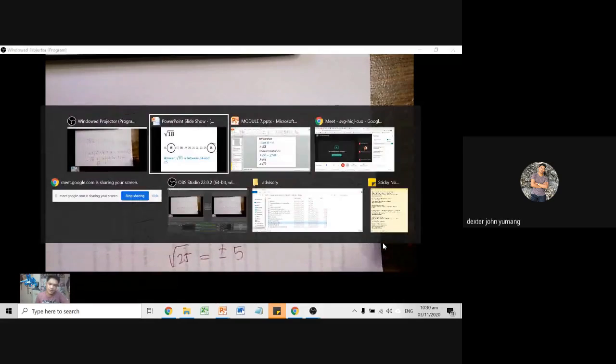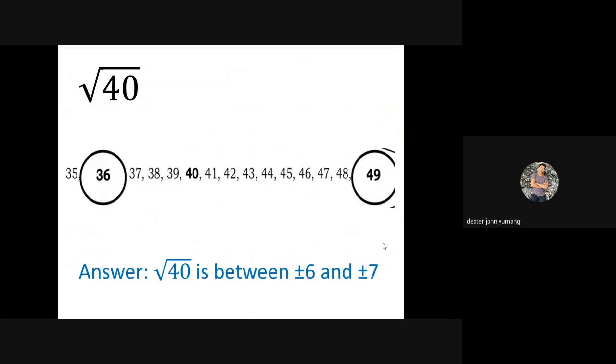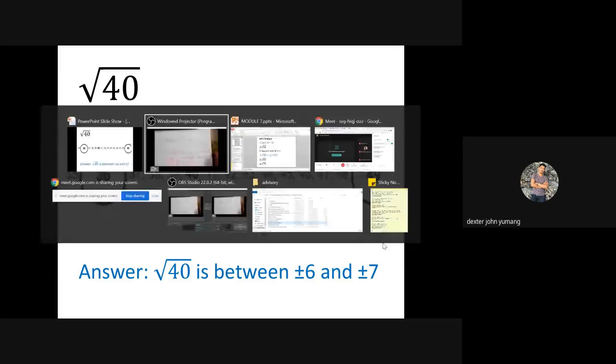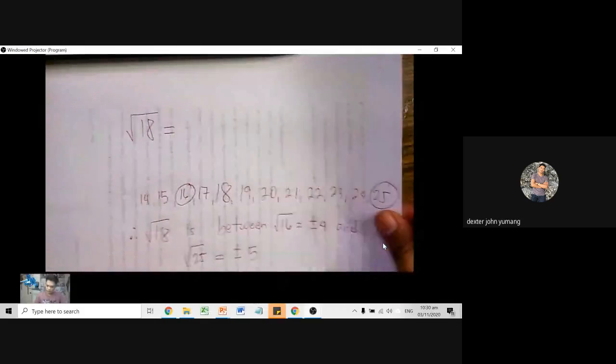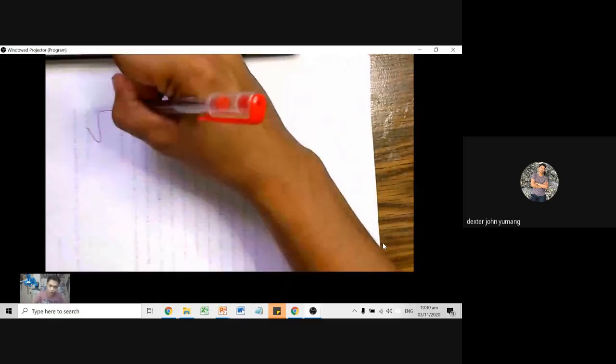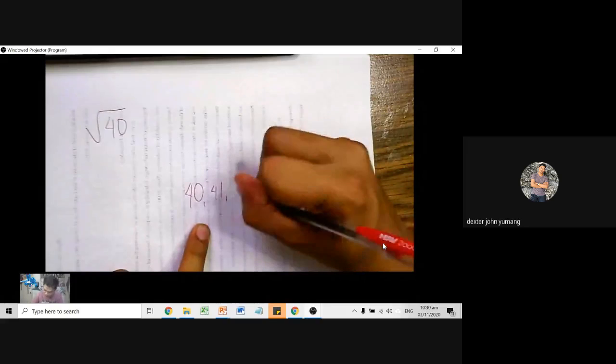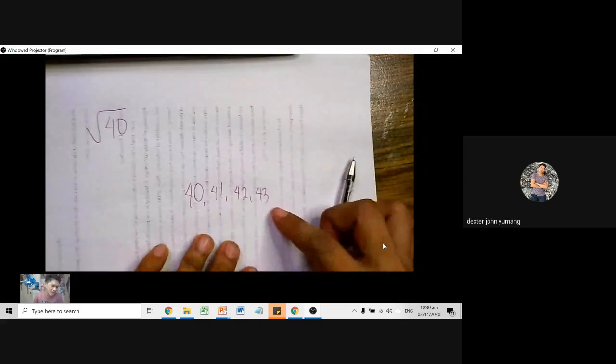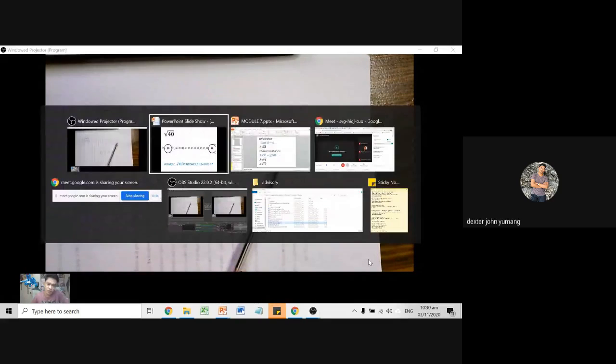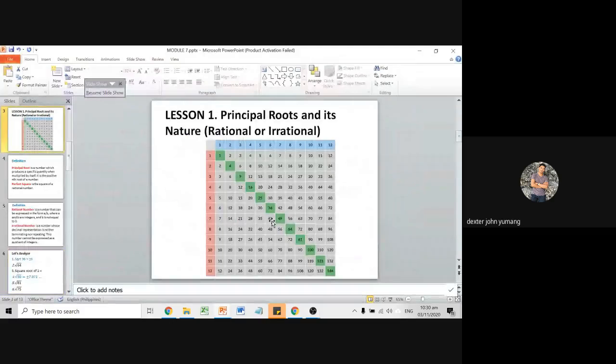So, try natin itong square root of 40. So, we have square root of 40 as our given. So, 40. Sunod ng 40, 41, 42, 43. Now, kung hindi nyo po alam kung asan kayo mag-stop, balik na lang kayo sa multiplication table. Punta kayo sa multiplication table. Tingnan nyo. So, 40. Merong 36. Kung makita po ninyo, may 36 at saka merong 49. Saglit lang ha, kopyahin ko para